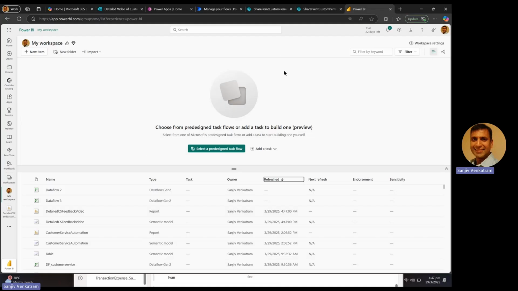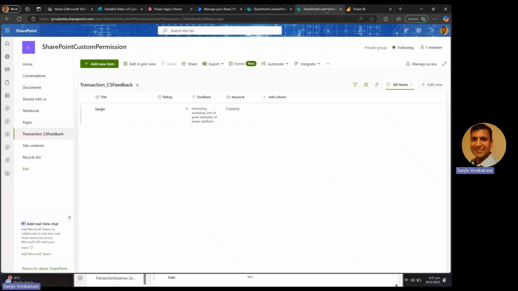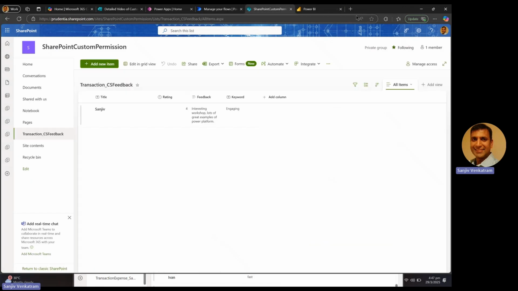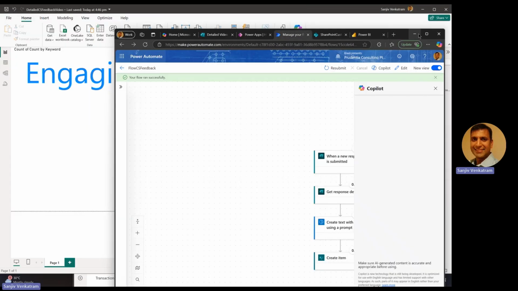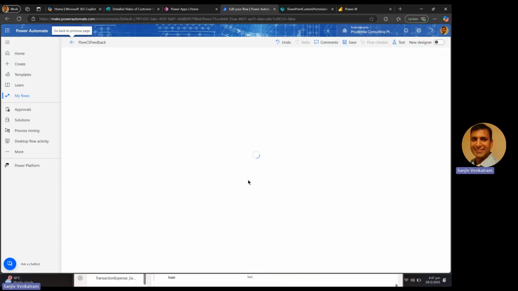So all I now need to do is go back to the flow here. Where is my flow? I'm going to cancel that. I'm going to go over to my Power Automate flow, and then I'm going to edit this flow. And what I'm now going to do is, once this